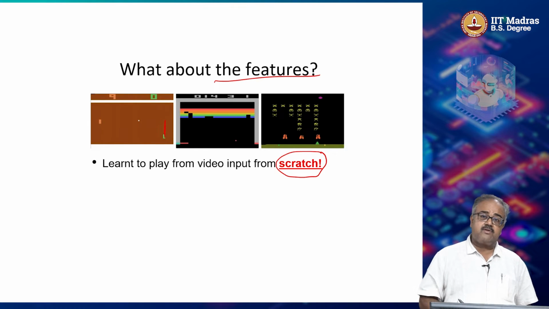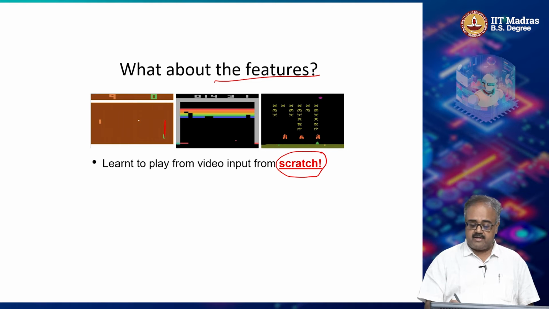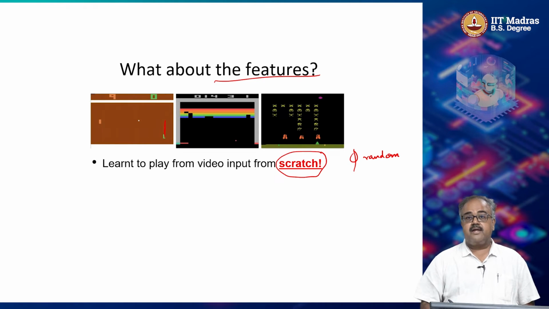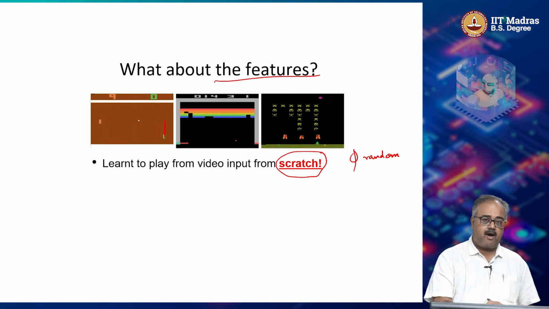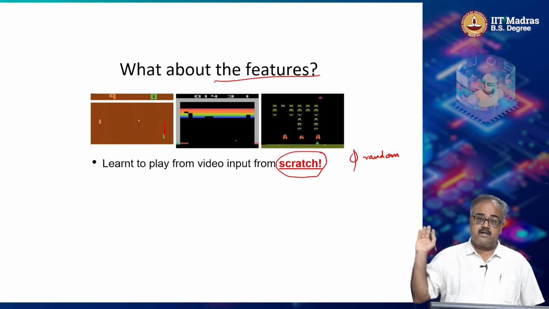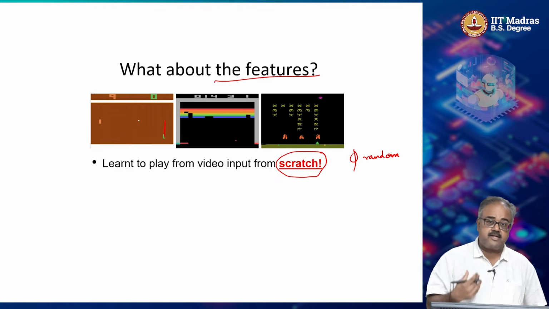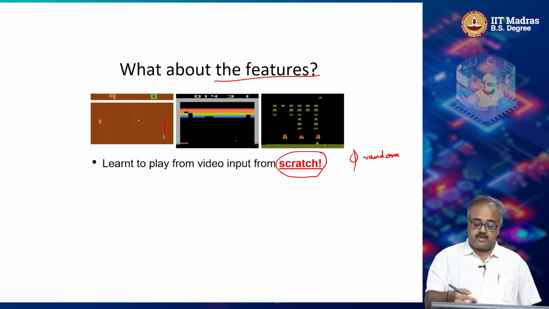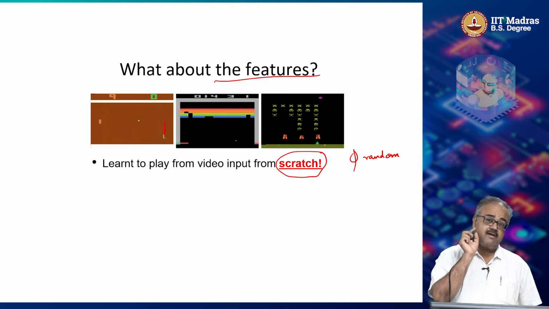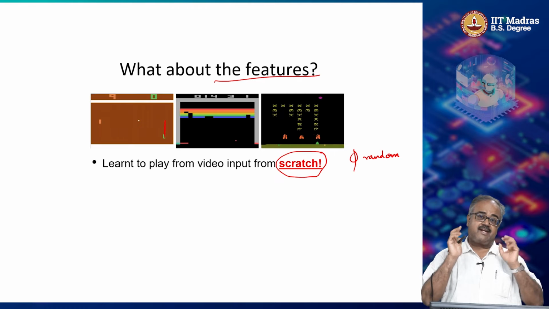But what was amazing about this whole thing is nothing was told to it. Its phi was essentially random. Initially, it started off with some random initialization. So maybe in Pong there is nothing much to look at, but if you look at something like Space Invaders, there are a lot more features there. So it could potentially have been learning many more features. Somebody could have told it things. So in fact, the level of how from scratch it starts,